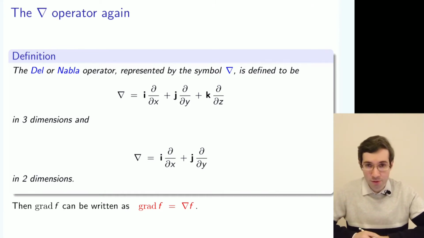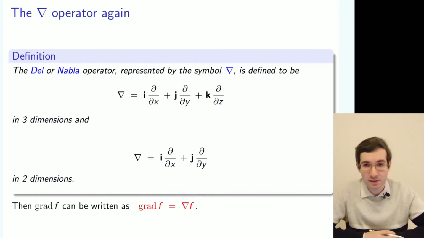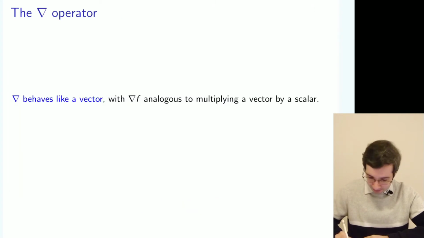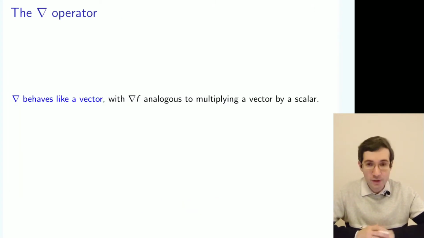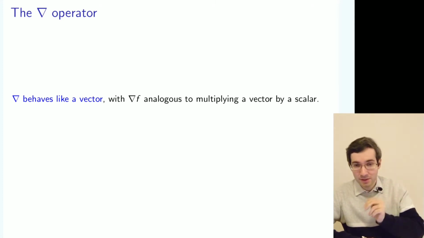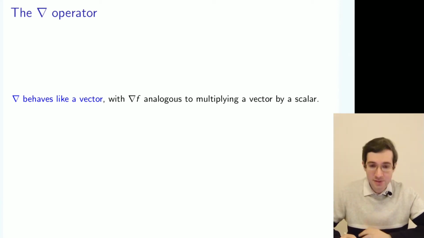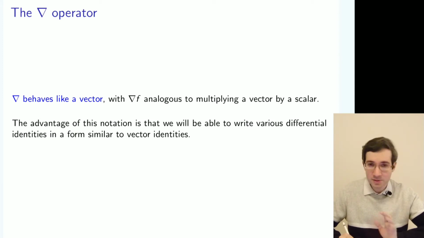And we've seen how that works with a gradient. We just apply that operator to the f, which is a scalar field, and we get a gradient, which is a vector field. But in fact, that's more general than that. We can almost think that this operator itself is a vector. So even though it's a derivative without a function, but because it has 3 components, it is a vector. And we can use that to translate lots of things we know about vectors to this operator. And we can use this for lots of situations, as you'll see in a minute.